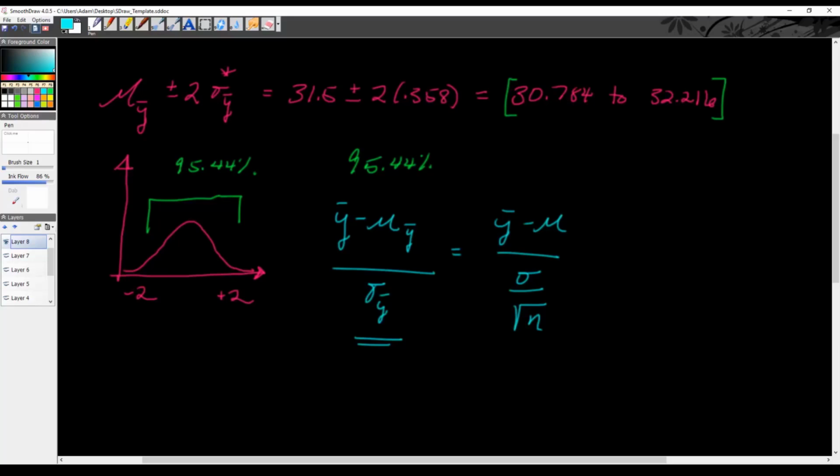Basically what we're saying is that our sample statistic, the sample mean, which is y bar, we can normalize it. We can subtract out the true mean and divide by the standard deviation,